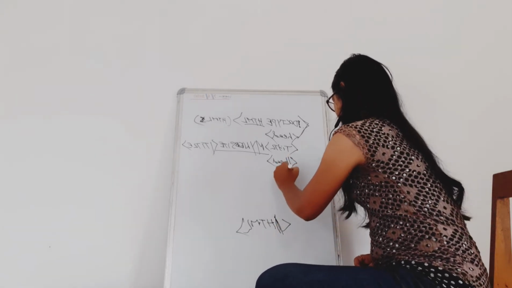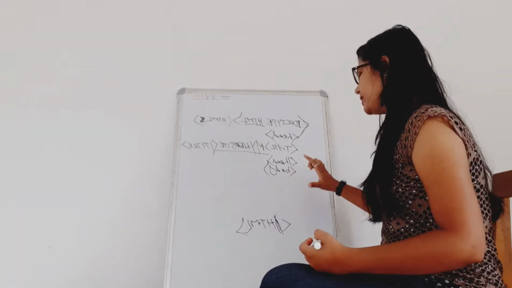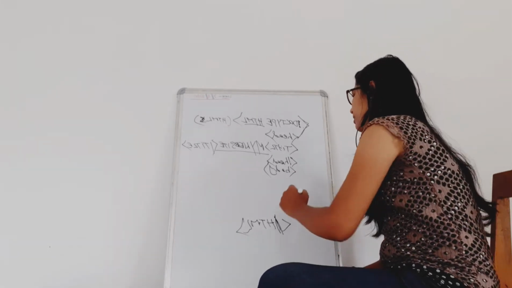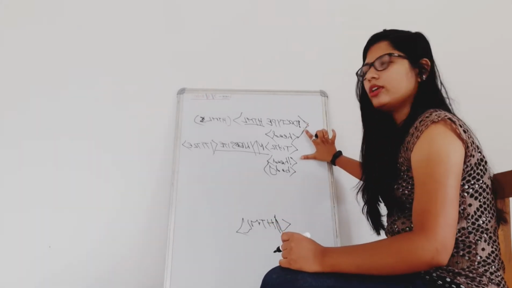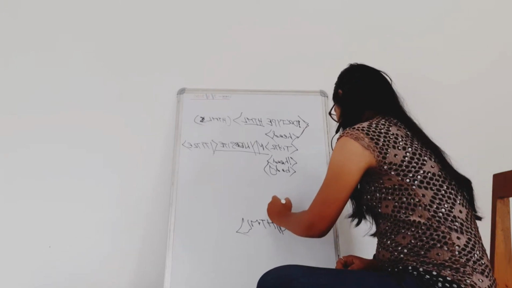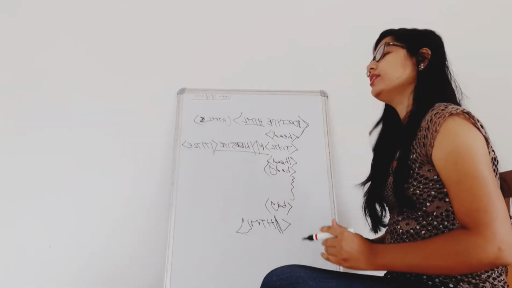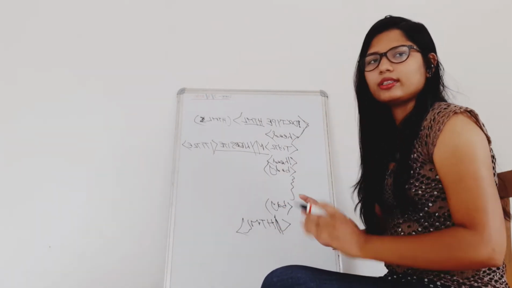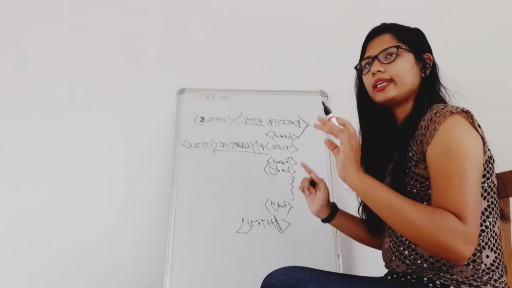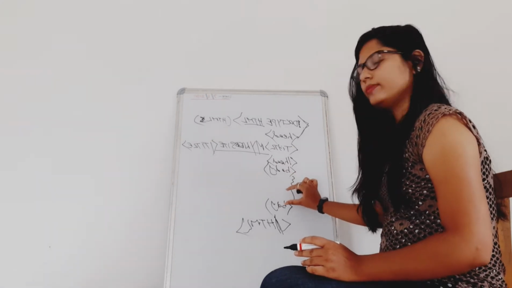Then we start the body part. Every main concept I will write in between the body. This is just the title page, starting the HTML. In this body section I will write all the code. Suppose I am creating a navigation bar; I put this navigation bar in the body section. I also put other sections in the body.